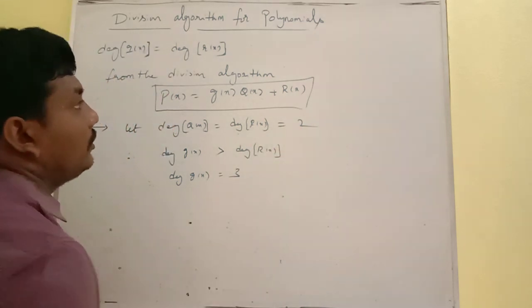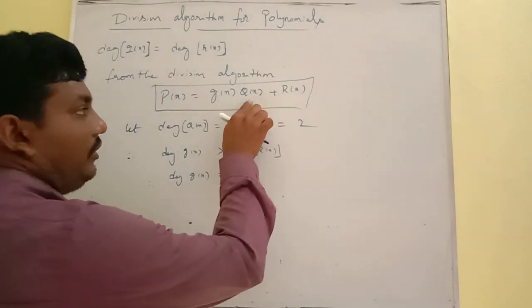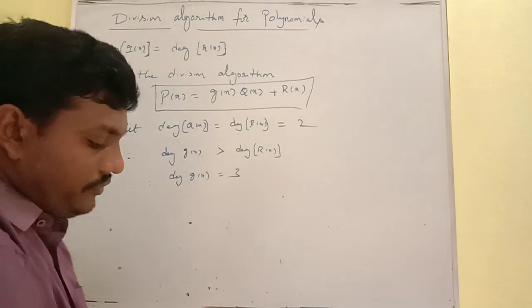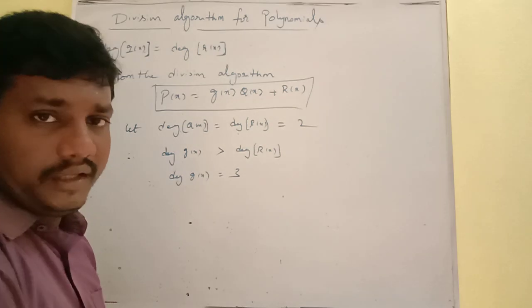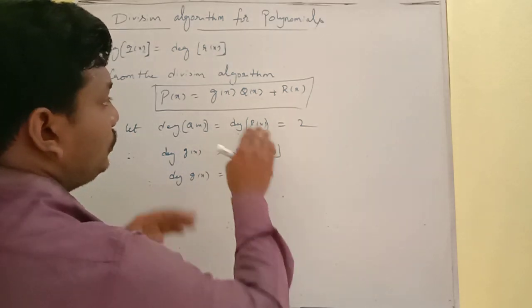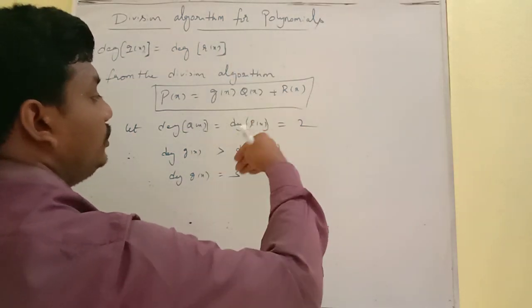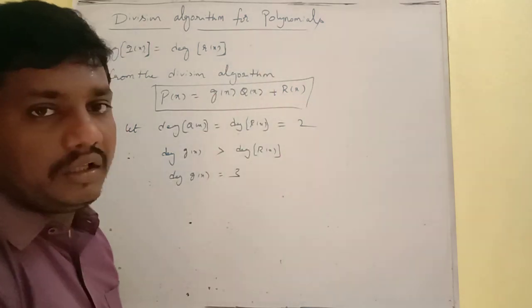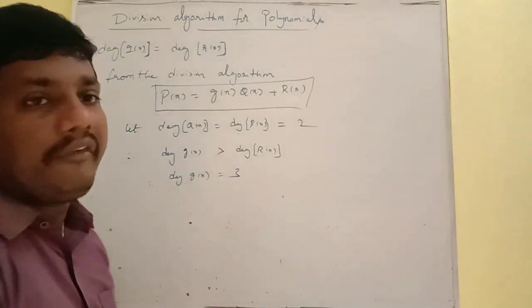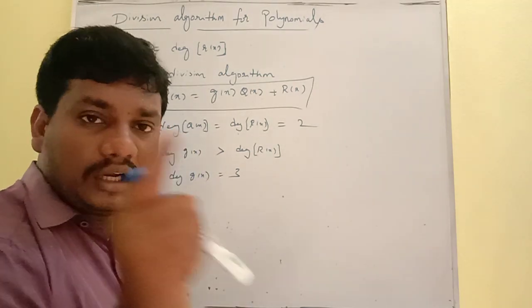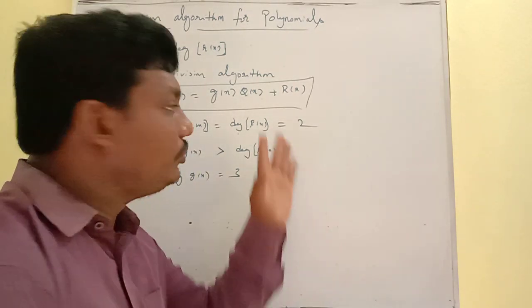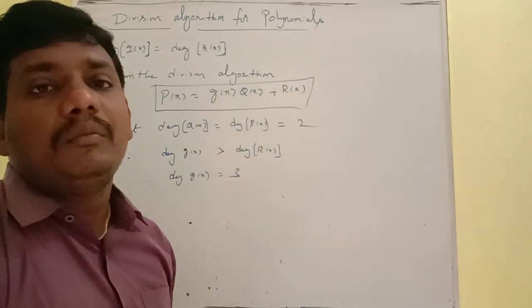So now we are going to conclude it. So g of x and q of x and r of x. That means first we have to set the RHS values. So then we are applying these values in the division algorithm. We can get the p of x value easily, but you should not consider p of x directly. If you consider p of x directly, it is very tough to design all the polynomials.